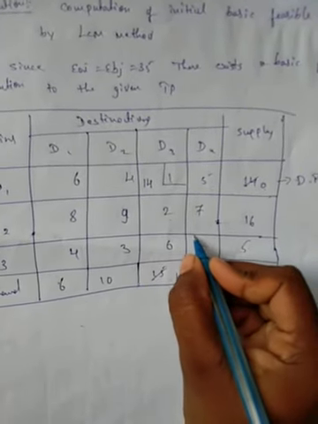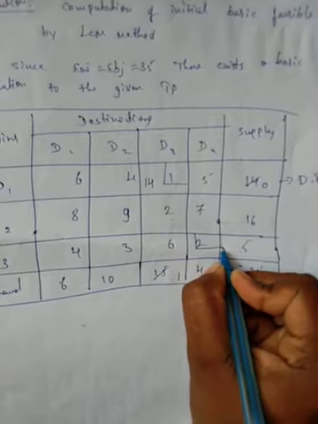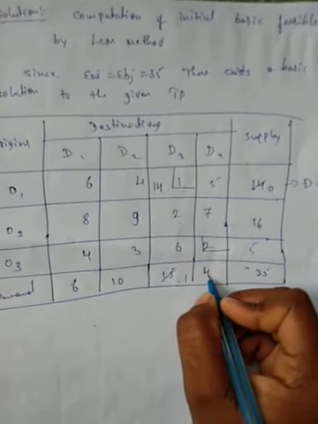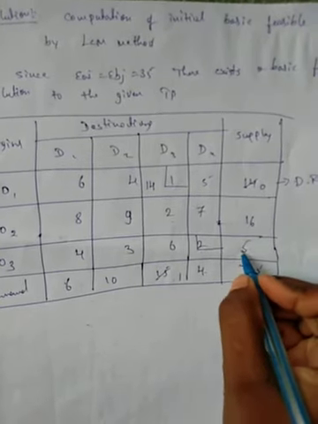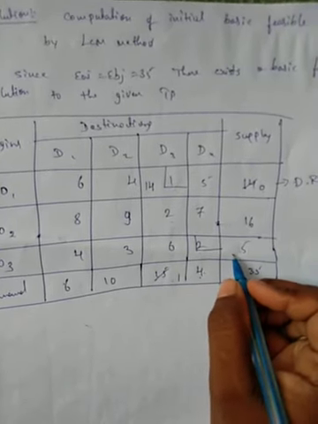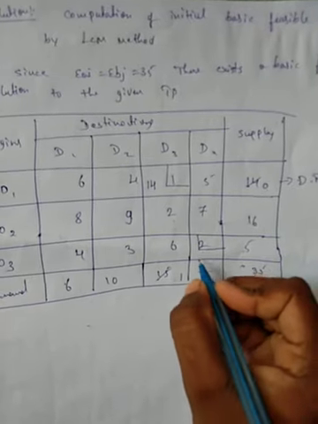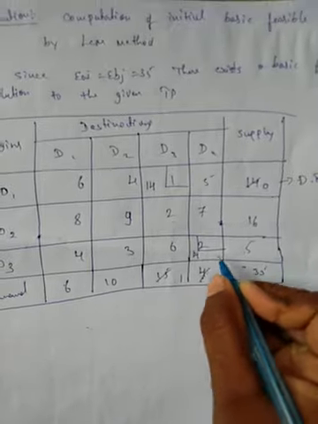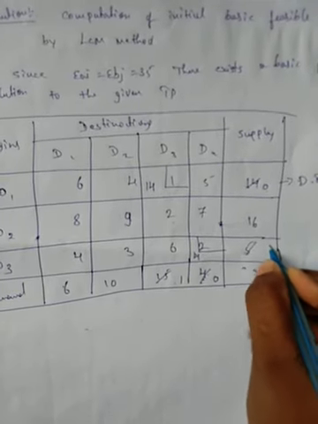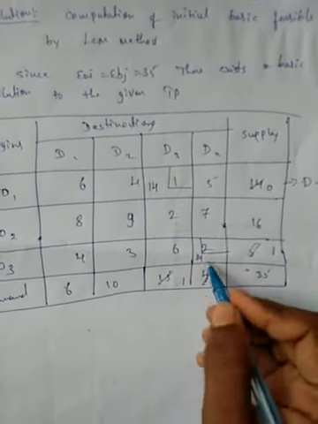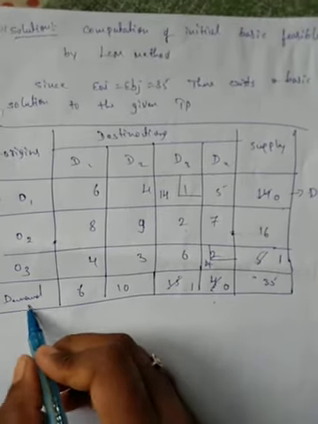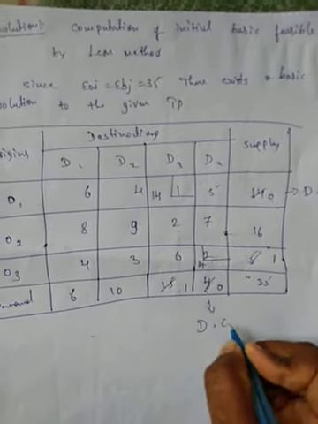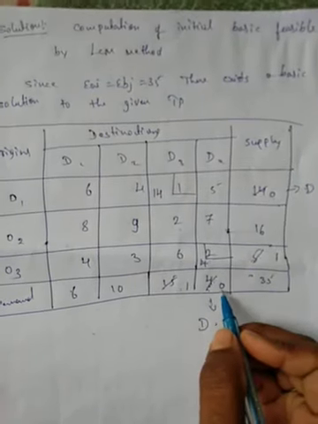So therefore I selected this cell for allocation, next allocation, because it has maximum demand value. So I allocated the minimum value in these two values. So 4 is the minimum value. 4 minus 4, 0. 5 minus 4, then 1. So in case the allocated value is equal to demand, then delete the entire column. This is the deleted column because the demand is satisfied.